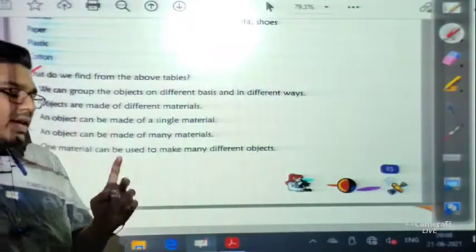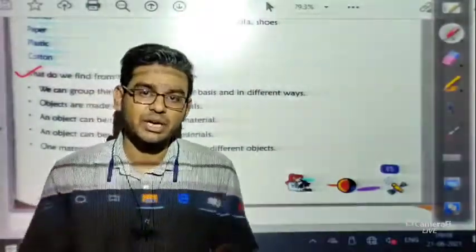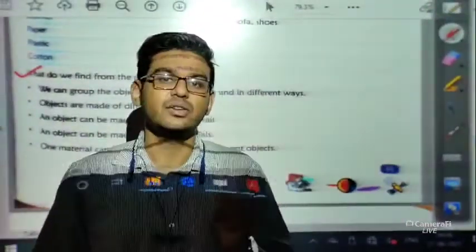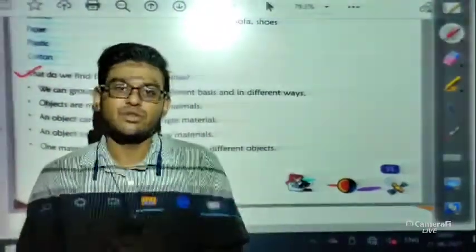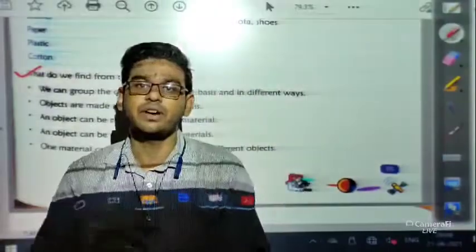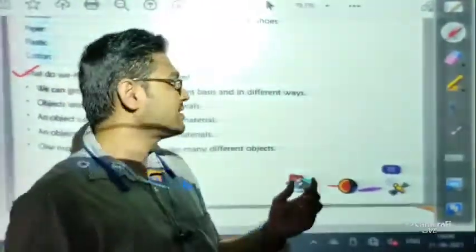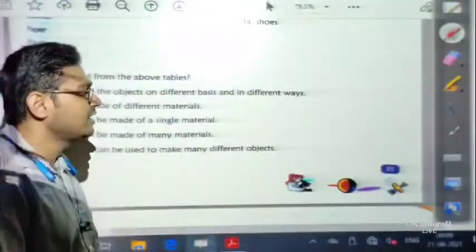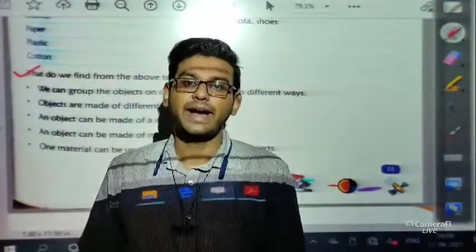In table 1 we have categorized the materials into two parts, plastic materials and non-plastic materials. In table number 2 we have discussed that different types of objects can be created by different types of materials, that means different substances.